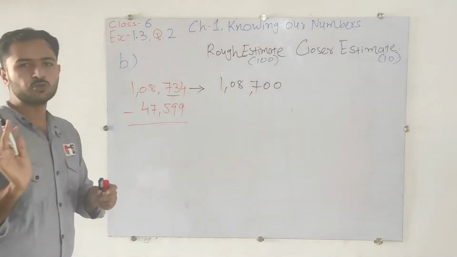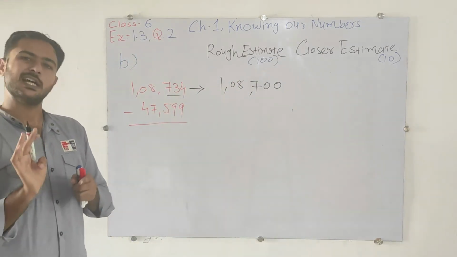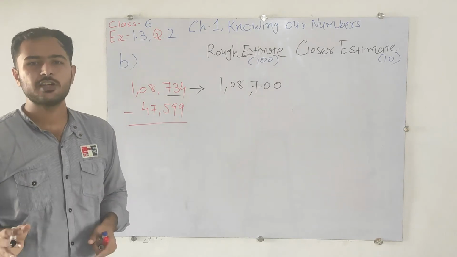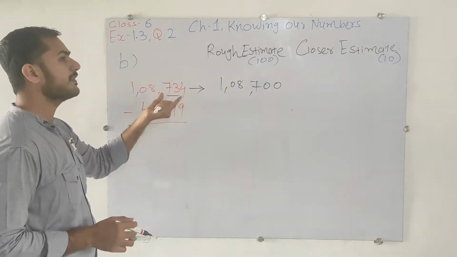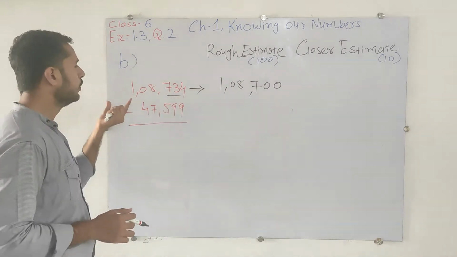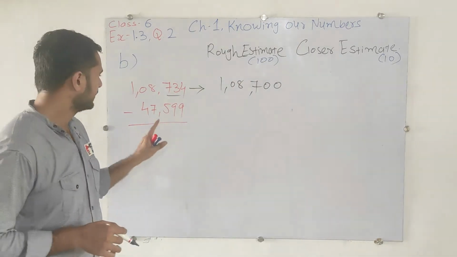This is really very easy to do, the rounding off. So never be afraid of the larger numbers. Simply we are doing it by the 100 place, so just see the 100 place only. No need to see the further numbers. Then the next, that is